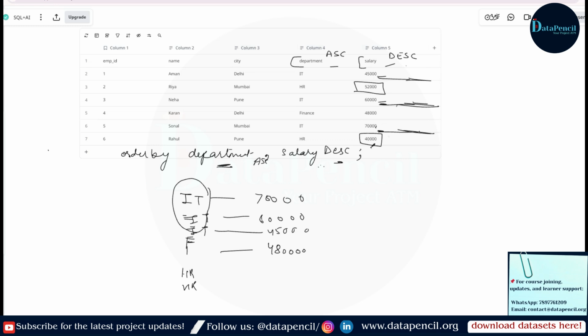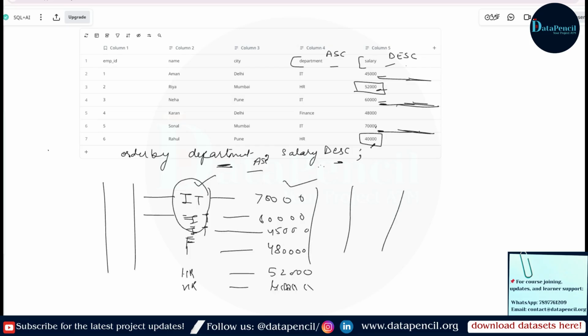So firstly it will be 52,000, then after that the last one, 40,000. So by this way, we have sorted our department in ascending manner and salary in descending manner.